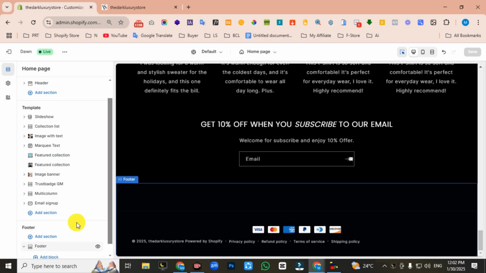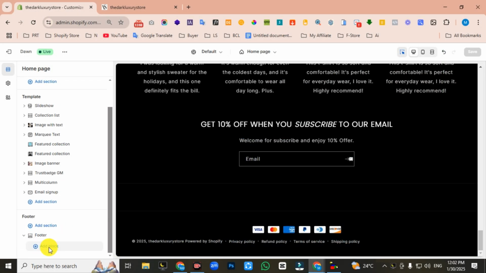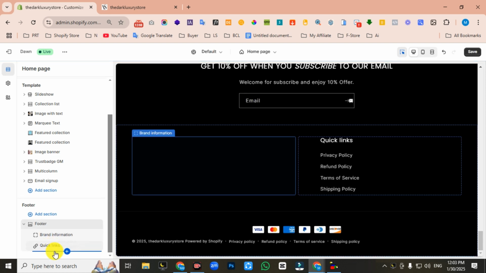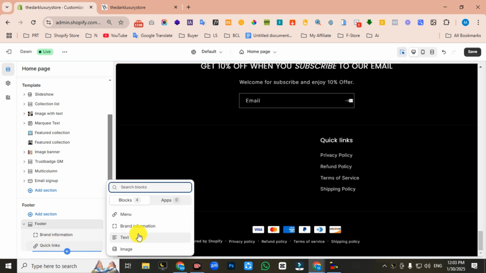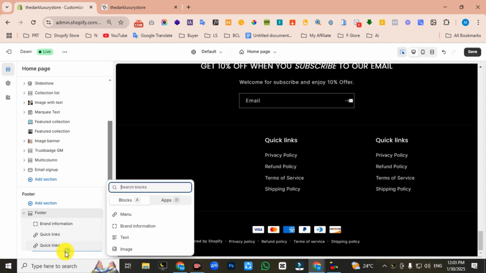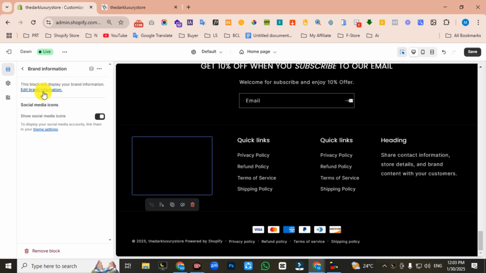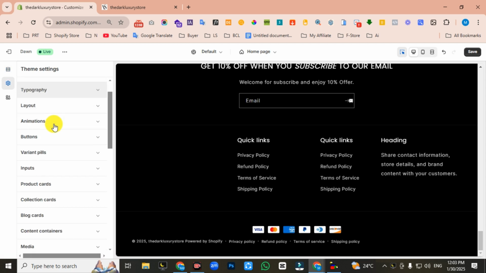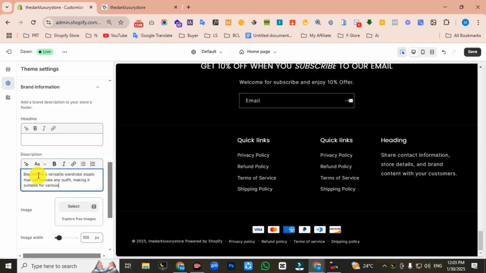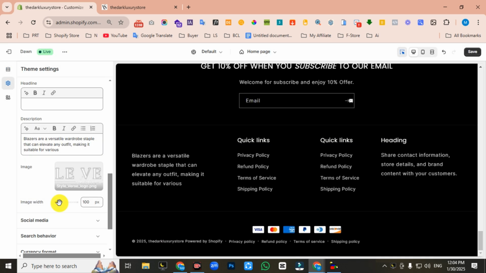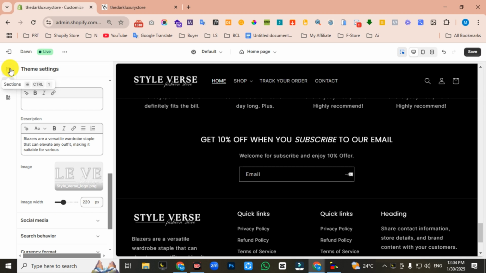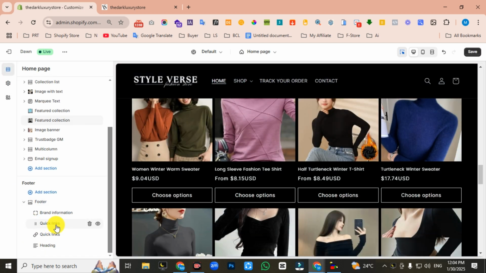Click this arrow icon, then scroll down, then click this add block, then click this brand information, then when you hover your mouse here, then you can see the plus icon, click here, then click this menu, then again click this plus icon and again click this menu, then again click this plus icon, then click this text, then click this brand information, then click this edit brand information, then scroll down, then type your description here, then upload your logo here and adjust your logo with here, then go back and scroll down and click select these quick links,